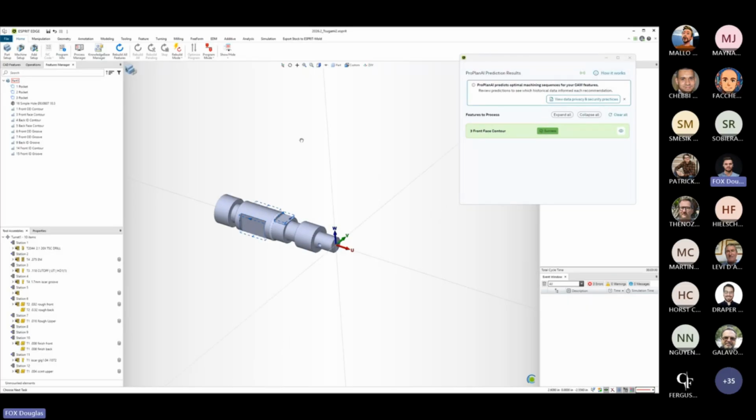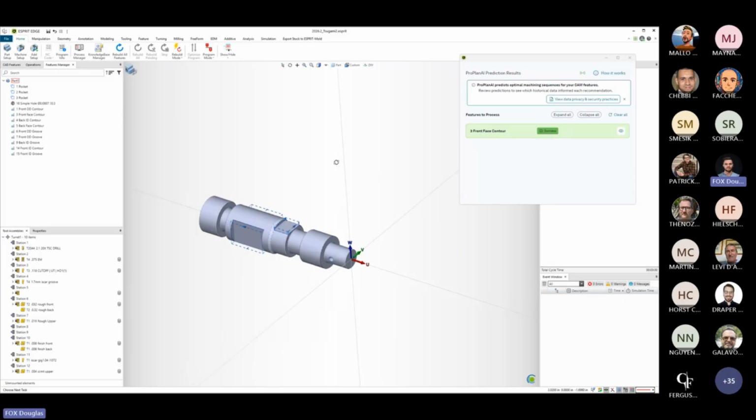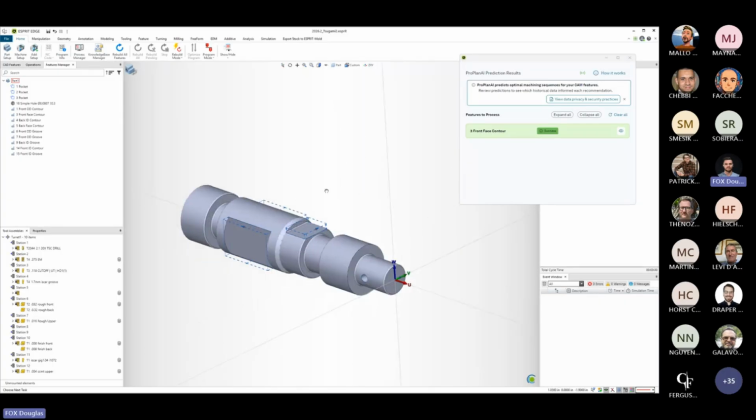So if we go into the Esprit space here, we'll just do a quick programming of this mill turn part. This is using one of our Lighthouse customers' data set. This is not their part, but these predictions are actually coming from real customer data. And as Olivier mentioned, the product will now commercially support, in addition to milling, also turning, and there are improvements to the